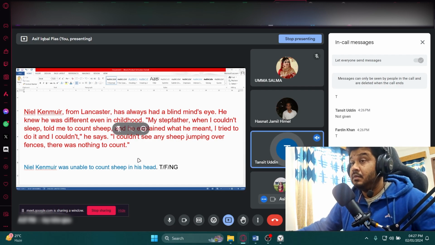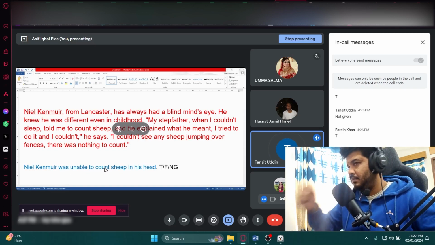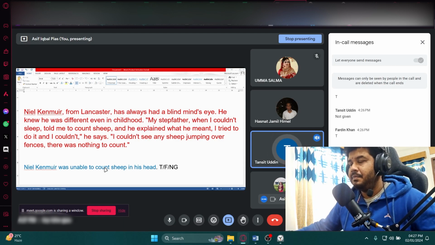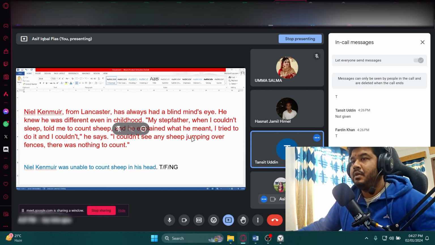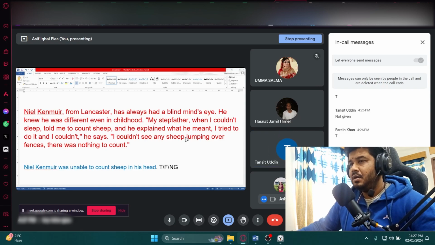But if we see the question, we can notice that Neil Karma was unable to count sheep in his head. They are talking about head, but in the passage they are talking about see or eyes, I think, because he can't see. So this is the main difference between passage and question. For this reason, I gave not given. All right, okay,